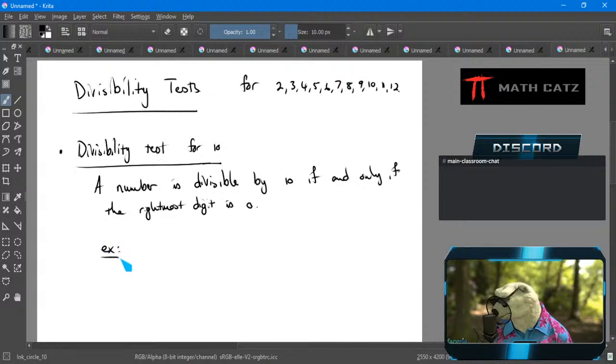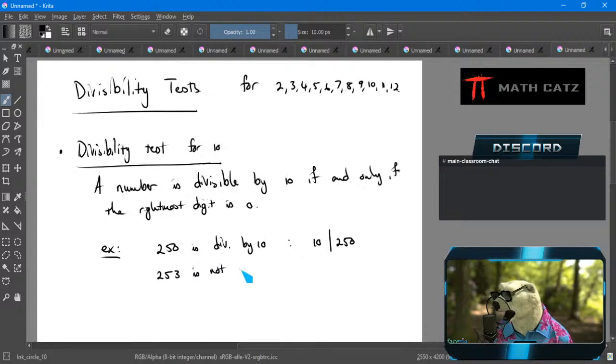For example, and again, we start at the very familiar case. 250 is divisible by 10. We can write 10 divisibility symbol 250. 253 is not divisible by 10. If you want to write that symbolically, you write the divisibility and then just put a line through it, strike through,